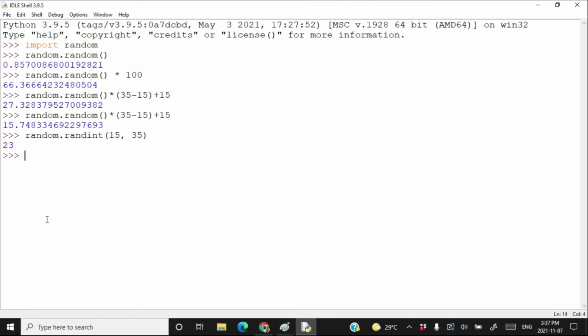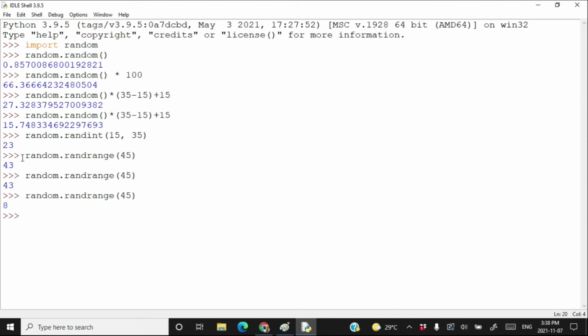There is another method in the random module that is called randrange, random.randrange. If you want a random number starting from 0 up to 45, you get a random number between 0 to 45. You can use randrange in this case.